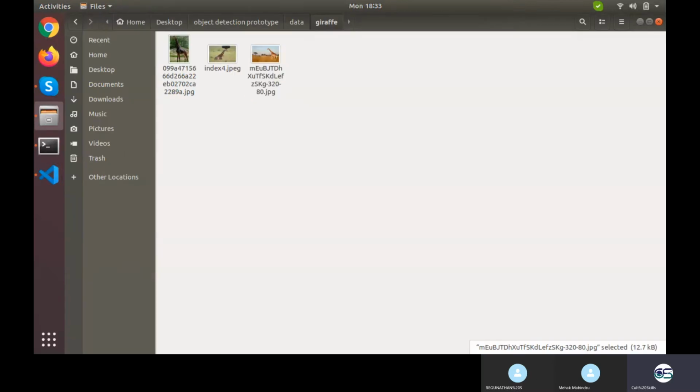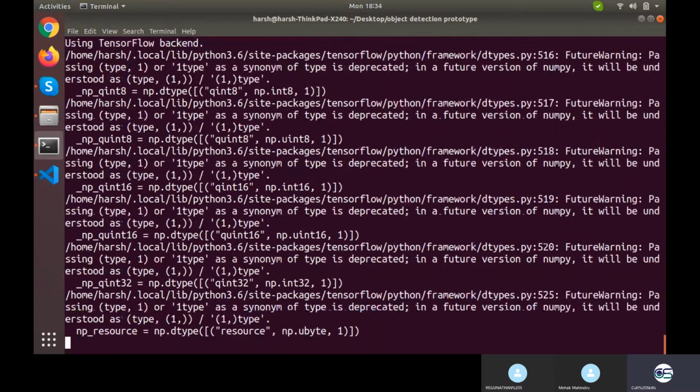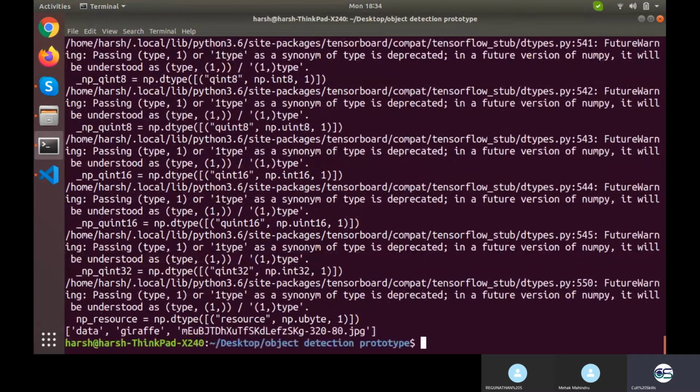Okay, so for that, firstly we want to separate it with slash. So I can do it like d dot split slash, and let's see how it looks. It will be a list of all the elements split by slash. So data, then giraffe, and then this file name dot jpg. Which particular one do I need? I need the second last. Why second last and not second? If you store it in some hierarchy, second last would always be the label, but not always second. You can have it inside and inside and inside in the 10th level, but it would always be the second last level. So I would have kept it second last.